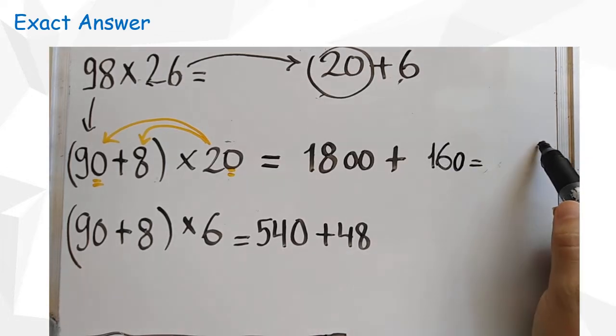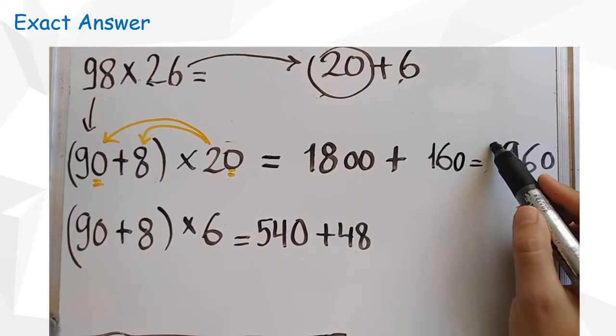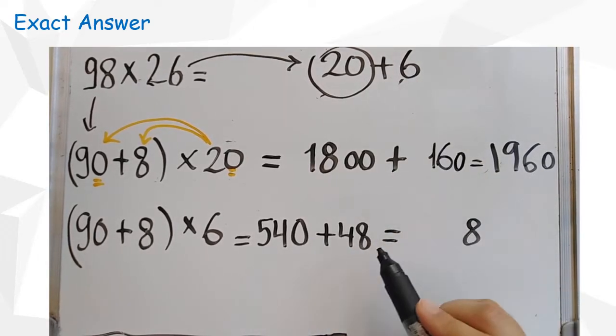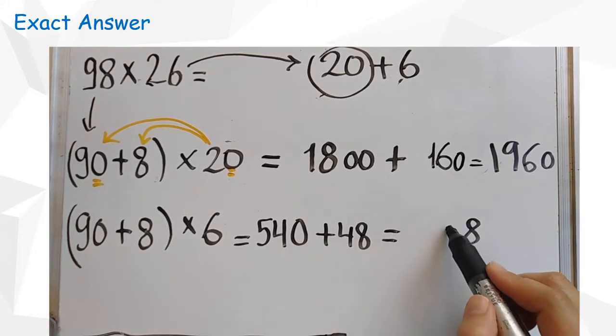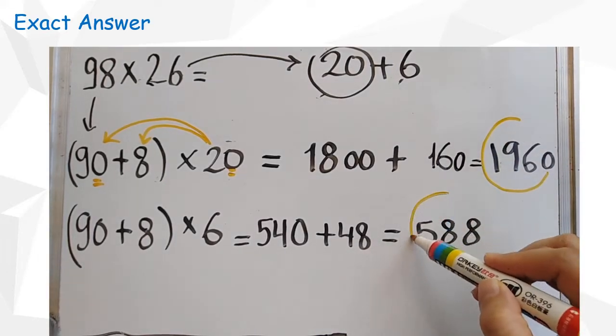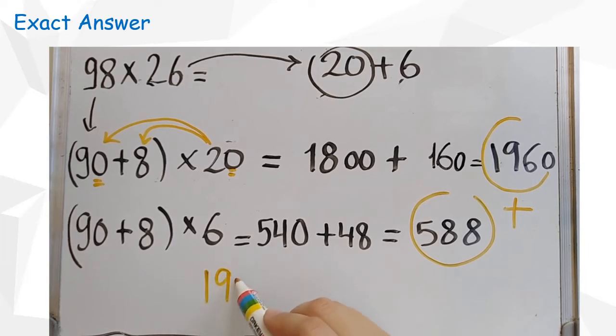1,800 plus 160: 0 plus 0 is 0, 6 plus 0 is 6, 8 plus 1 is 9, and 1 goes as it is. 8 plus 0 is 8, 4 plus 4 is 8, and 5 goes as it is. Then add 1,960 to 588. You will get